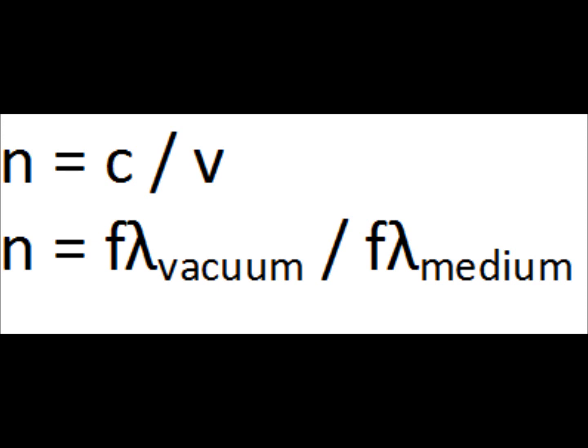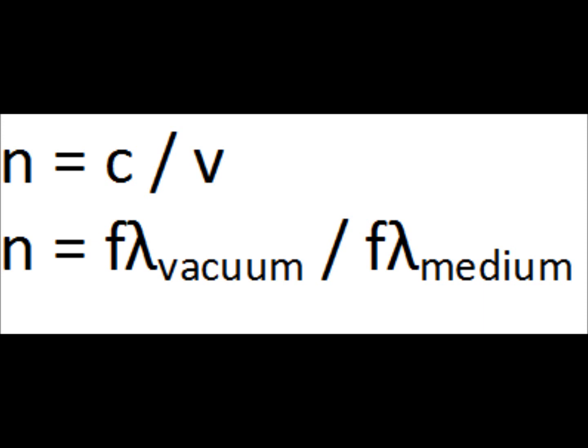Another thing we have to think about is the wavelength of the light inside the film. In this case, it's an oil film. We defined the index of refraction n as the ratio between the speed of light in a vacuum, that's c, divided by the speed of light in the medium, v. Since the velocity of light is equivalent to its frequency times its wavelength, then we can rewrite n equals c over v to be n equals the frequency of the light times its wavelength in the vacuum divided by the frequency of light times its wavelength in the medium.